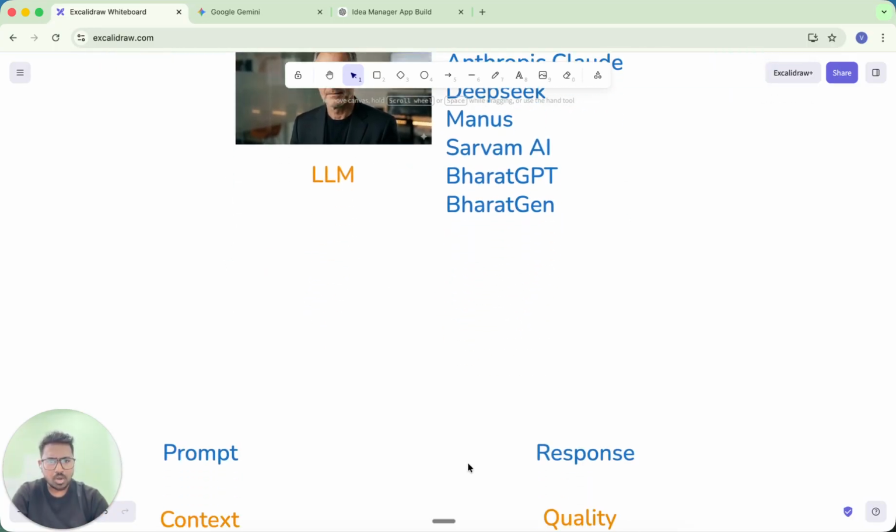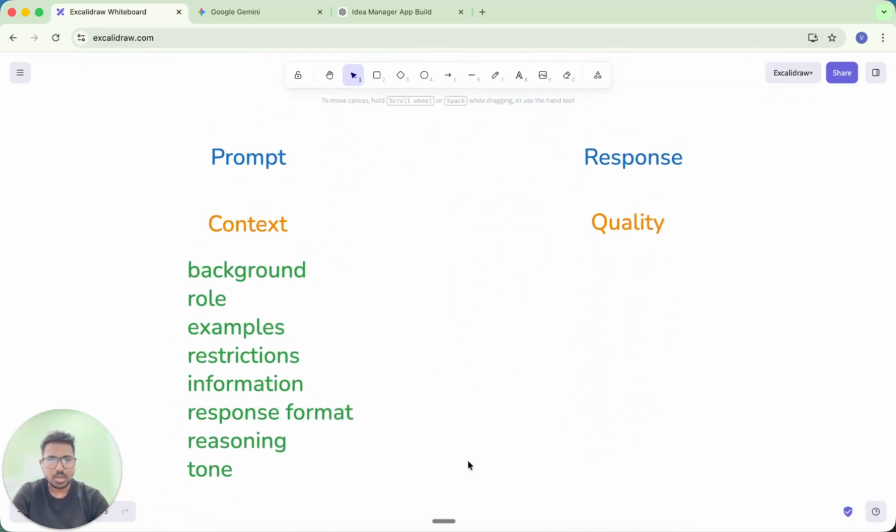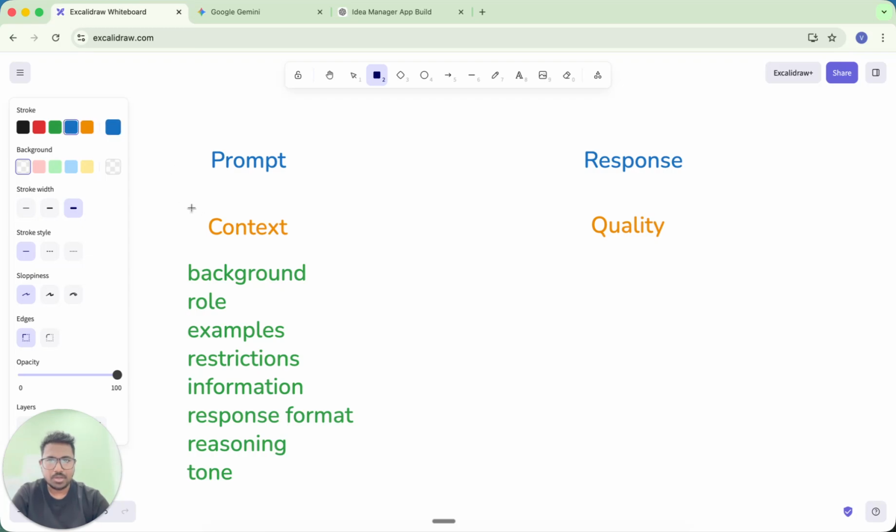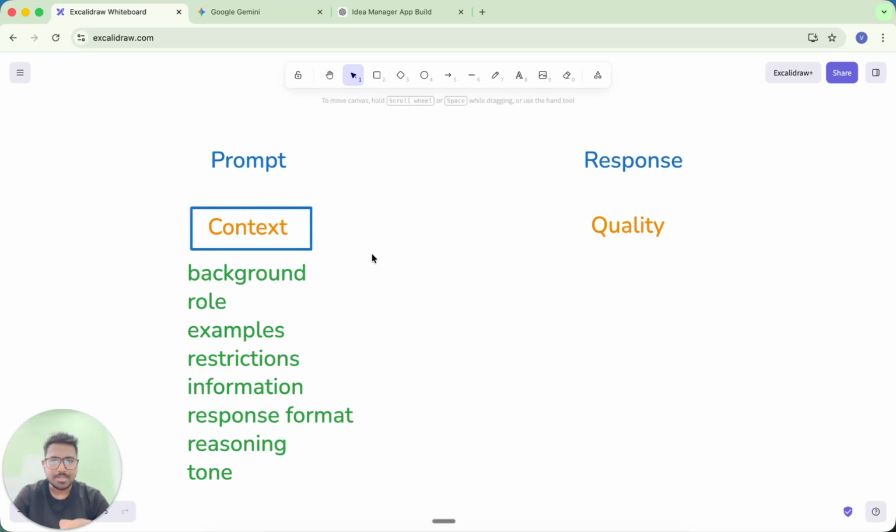So a lot of suggestions or guidelines are given by lots of companies, especially the companies that are backing these language models, like Gemini is backed by Google and ChatGPT is backed by OpenAI, or all of the other LLM models that are available. They have clear guidelines on how to design your prompts. And one of the most common suggestions given by any of these companies is called context. That means you have to add context to your prompt. You have to add some essence of what you are, what your background is, how this LLM should behave, what kind of role that particular LLM should take.